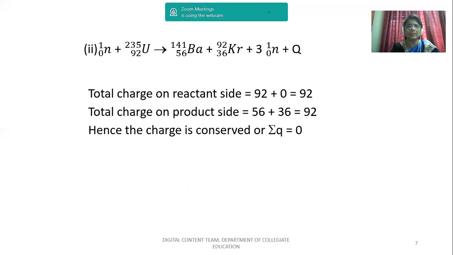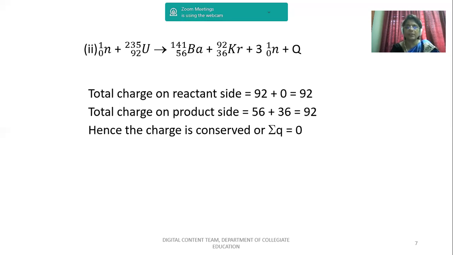You can see in the case of uranium-235 with atomic number 92 interacting with the neutron, whose mass number is 1 and atomic number is 0. Due to their interaction, this splits up into two lighter nuclei of comparable masses, that is barium-141 with atomic number 56 and krypton-92 with atomic number 36, along with the release of 3 neutrons, that is 3 neutrons with mass number 1 and atomic number 0, along with an enormous amount of energy called the Q value of the reaction.